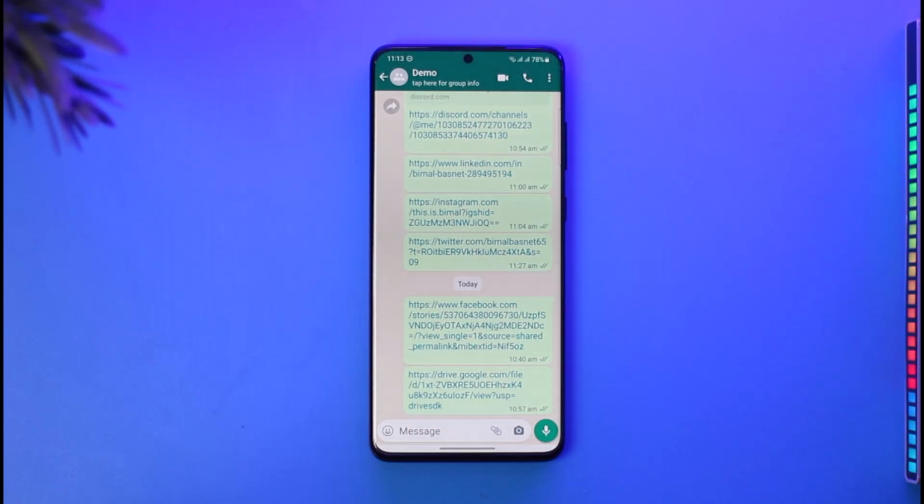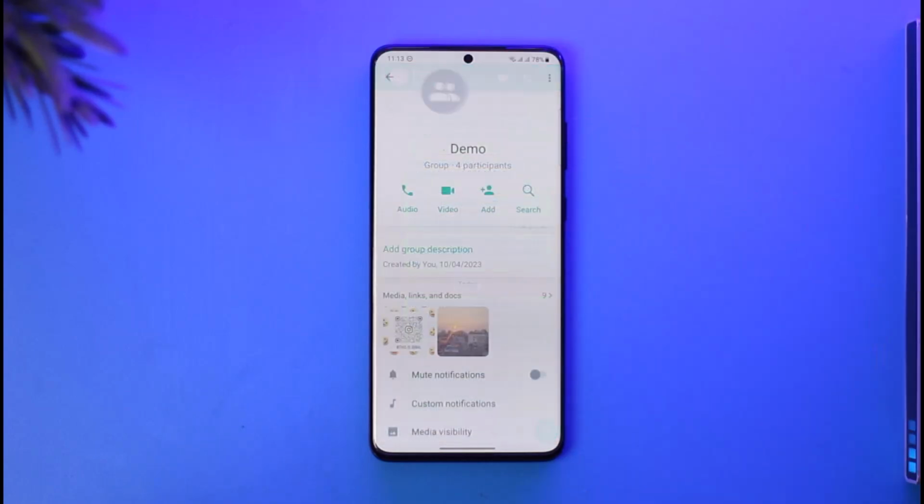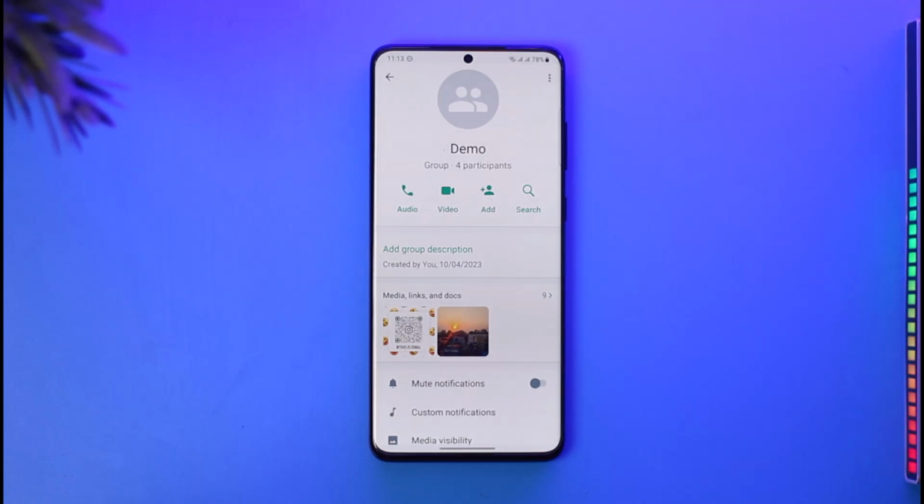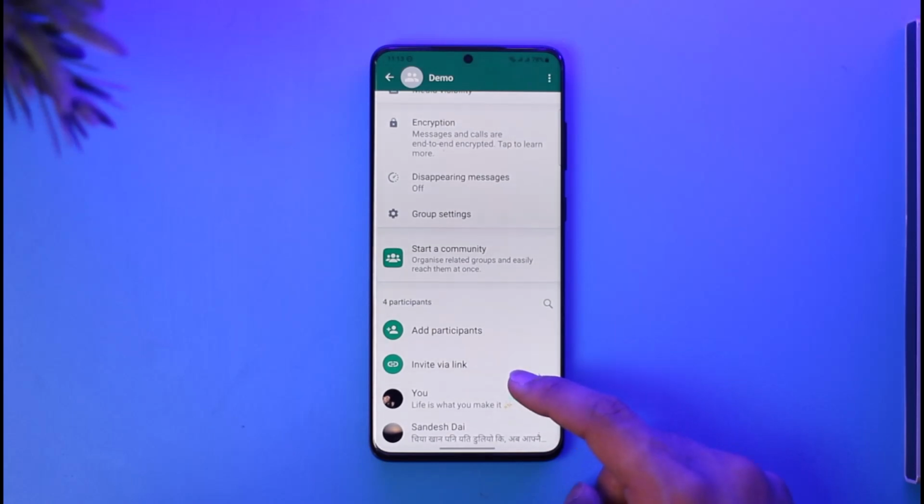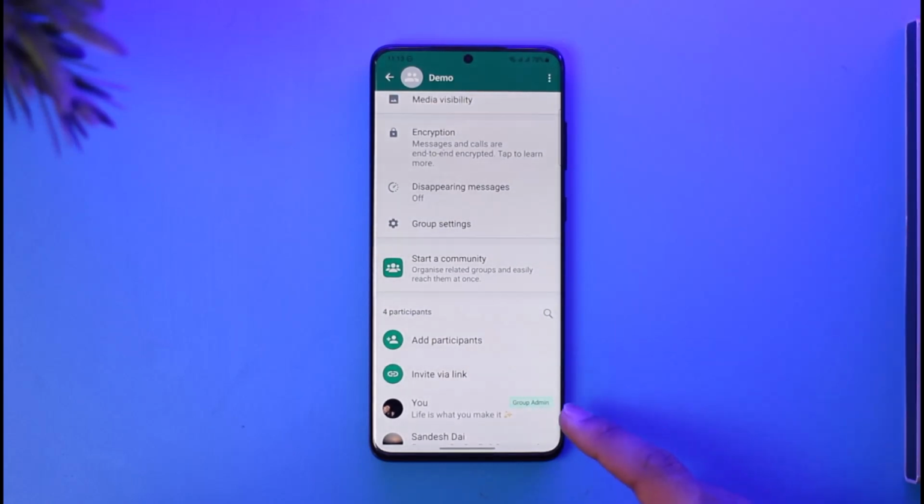Then all you need to do is just go ahead and tap on the group name, which is at the very top of the screen. Once you tap the group name from the very top of the screen, you just need to scroll down, and then here you'll find the option called invite via link. So you can see I, which means you is me, is the group admin. If I'm not the group admin, I wouldn't have been able to see this option over here that says invite